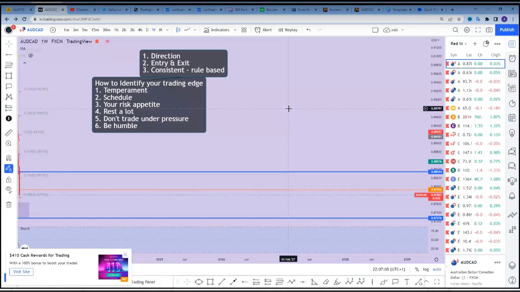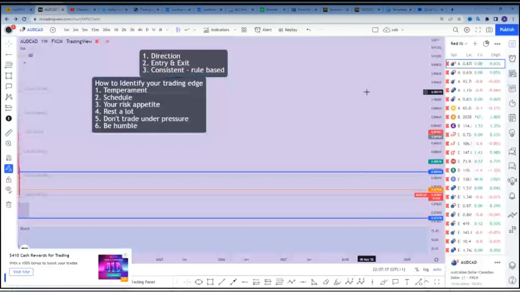Now, the first thing when it comes to direction is this. When it comes to creating a strategy, you must have a system that shows you the direction. So here we're going to be talking about some of the most popular strategies that you guys know, and we're going to be explaining them on the basis of these three things. The first one we're going to talk about is smart money concepts.